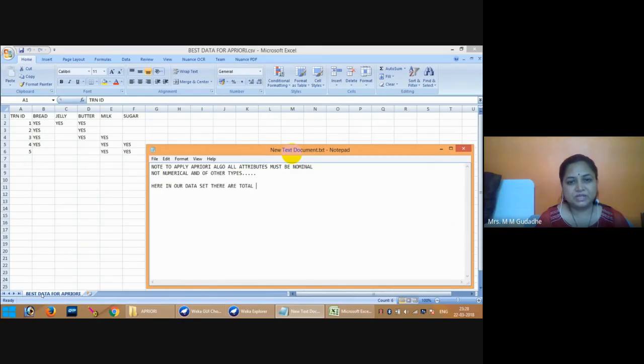So in our data set, total 6 attributes are there for Apriori. First is your transaction ID. Second attribute is your bread. Third is jelly. Fourth is butter. Fifth is milk. And sixth is sugar.